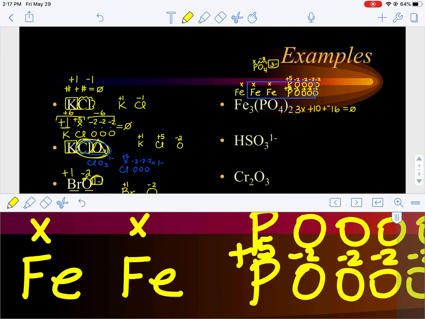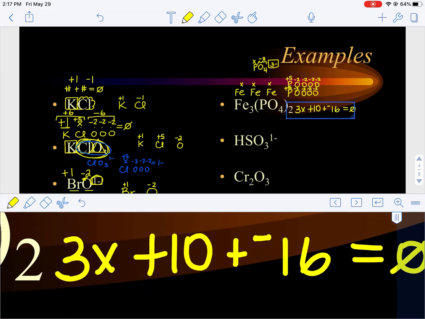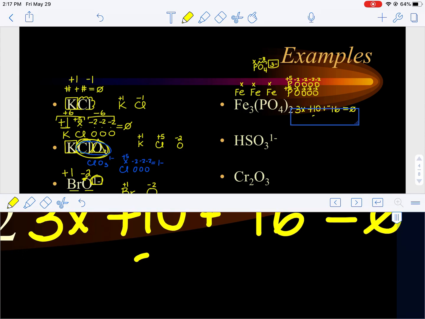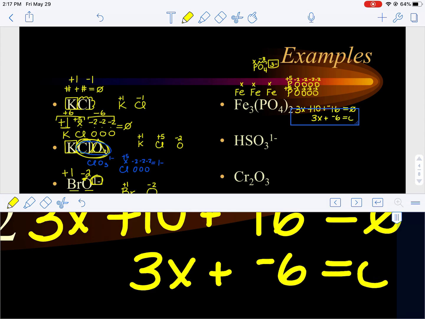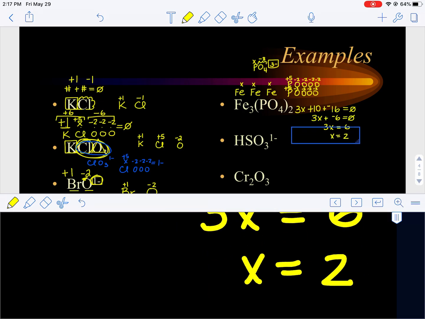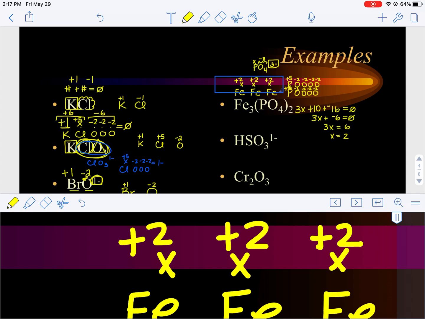3x, because I don't know what irons are, plus the 2 5s from phosphorus, plus the 8 -2s from oxygen. That's all going to add up to be 0. So we've got 3x plus a -6 equals 0. 3x is equal to 6. X is equal to 2. Each of these irons has to have an oxidation number of +2 in order for this compound as a whole to be electrically